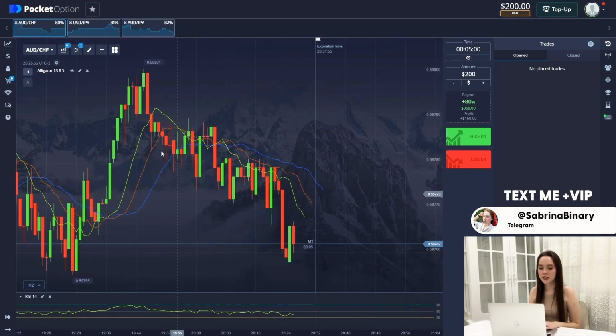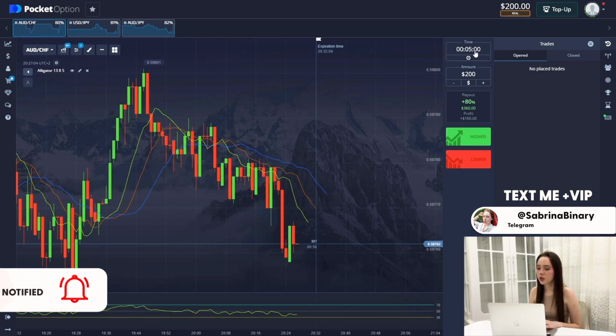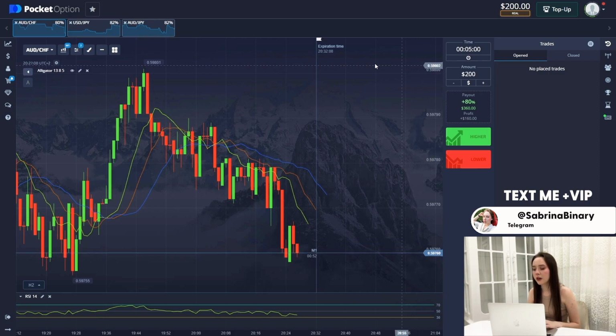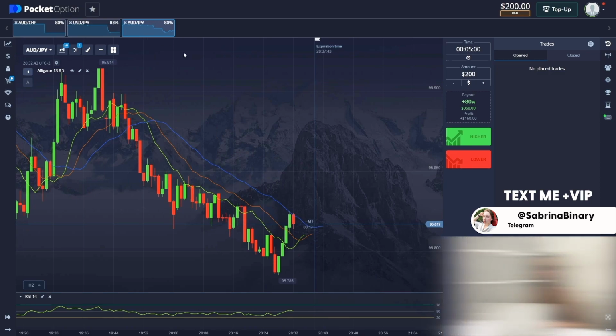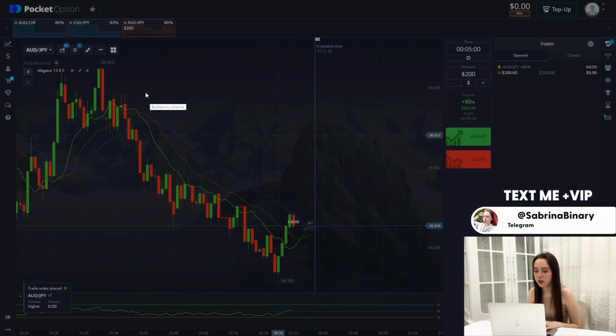So let's get started. And you can see the currency pairs I have chosen in advance, and the starting balance for today will be $200 and the time of the first deal will be 5 minutes. And let's move on to the first currency pair. A wonderful currency pair, and we immediately open a deal to increase the price,